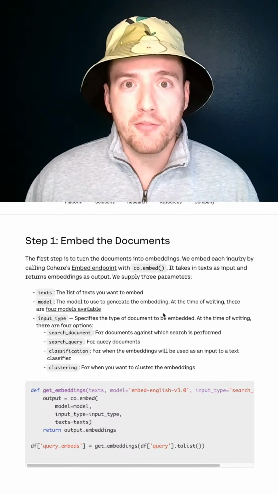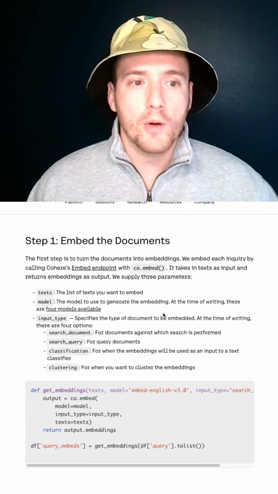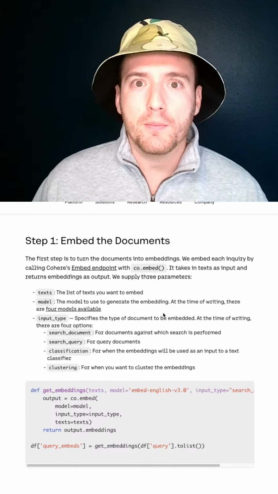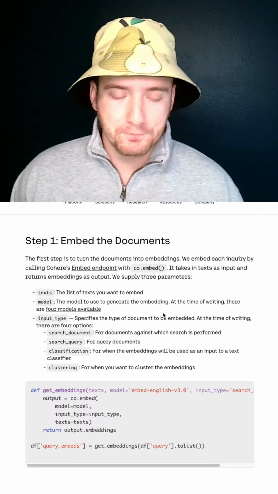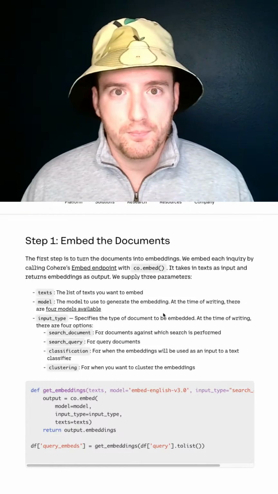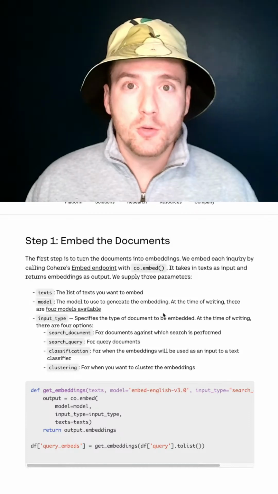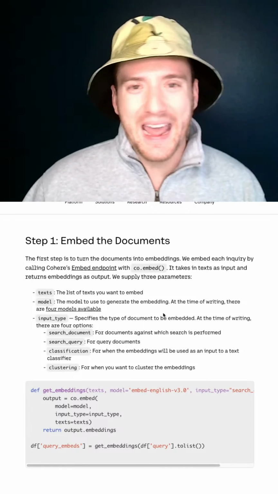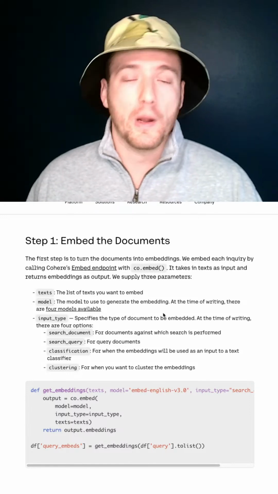So again, we have those FAQs, those phrases, and we're going to pass these into an embedding model, the model developed by Cohere in this example. They can be developed by a bunch of other entities, but in this example, we're using Cohere. So you pass those phrases into the embedding model, the embedding model does its thing, and then it outputs these embeddings or vectors,